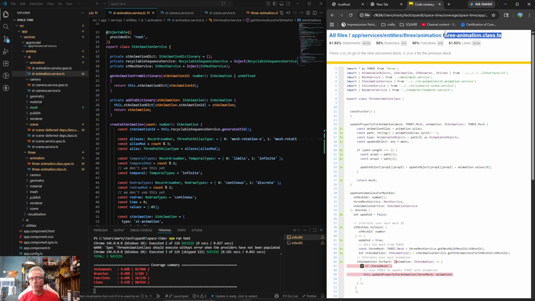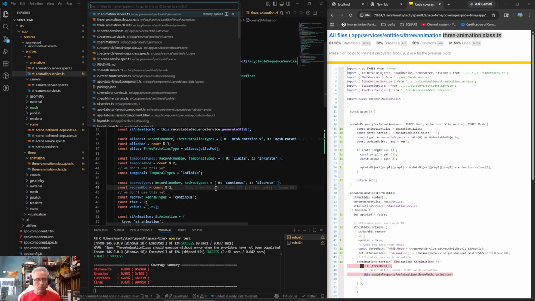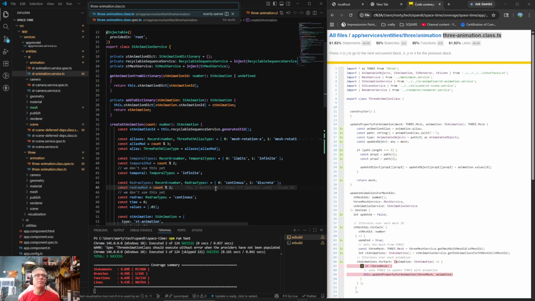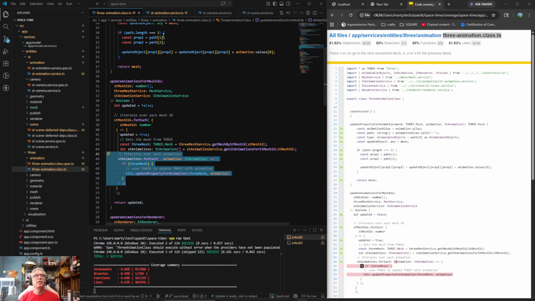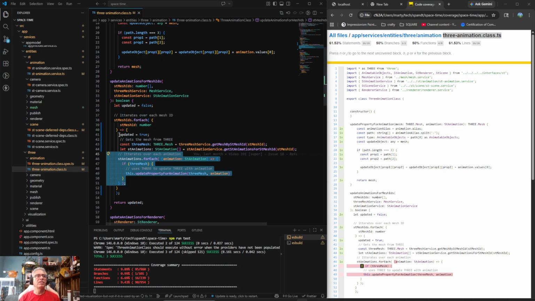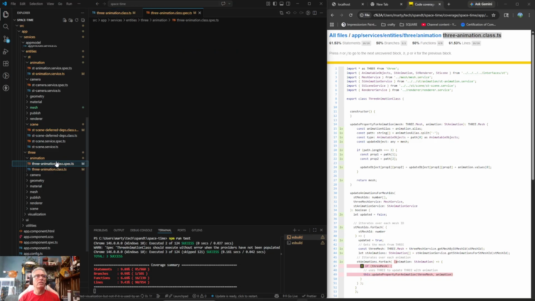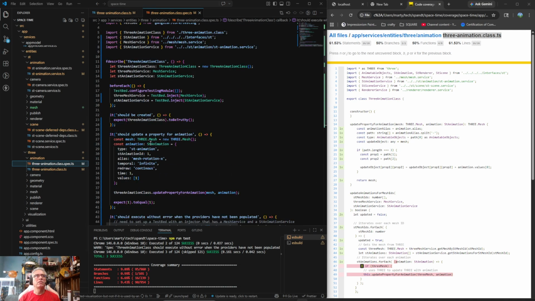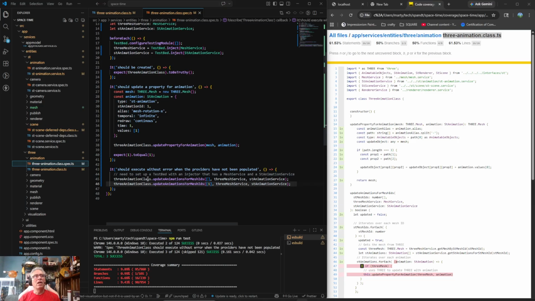So you can almost always find any class, any specific file, by hitting Control P and then typing that up there. And then clearly things have gotten confusing, so I'm just going to close everything else, and then I'm going to come over here to my spec. Oh, okay, it was scrolled down. All right, so basically what we want to do is